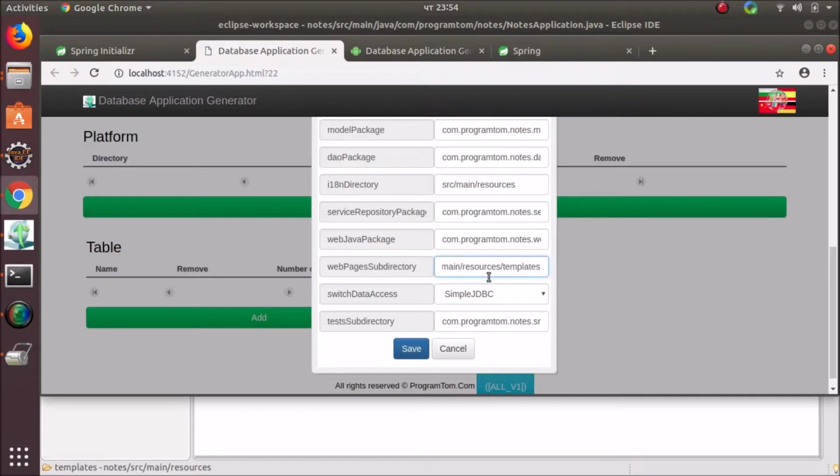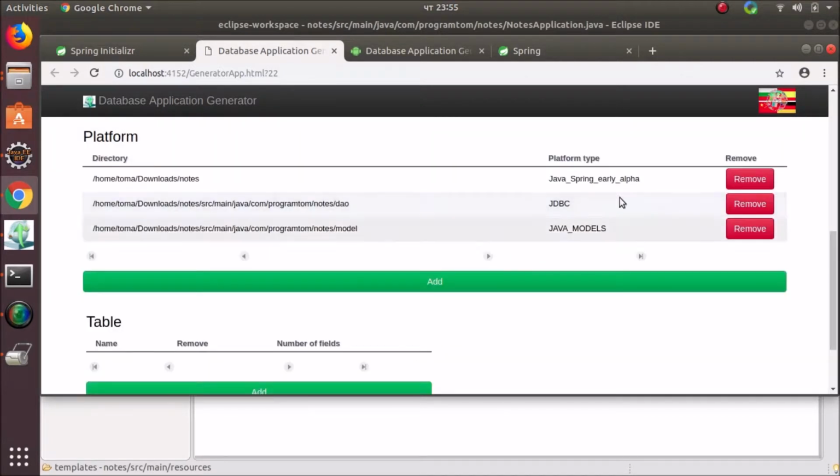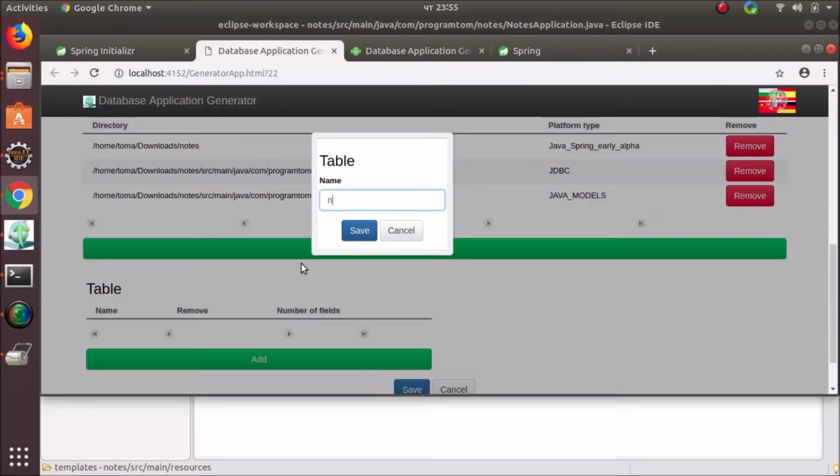This is a standard Spring application structure that once you start developing it, you're gonna like it a lot because it is convention over configuration. You always know where to put different stuff in different places, and this also is generated, not what it must. So the subdirectory is source test Java. It also added the JDBC data access and Java models, and I'm gonna add a table node with